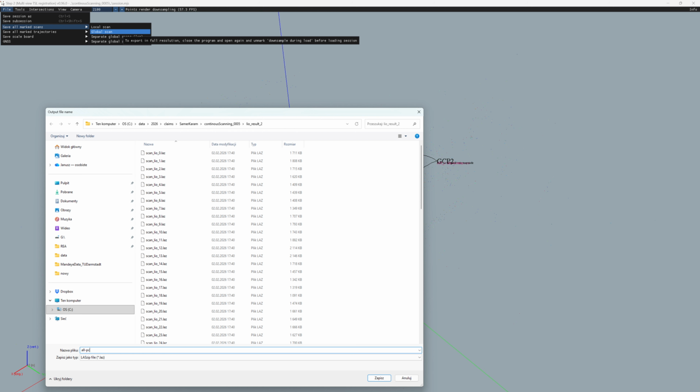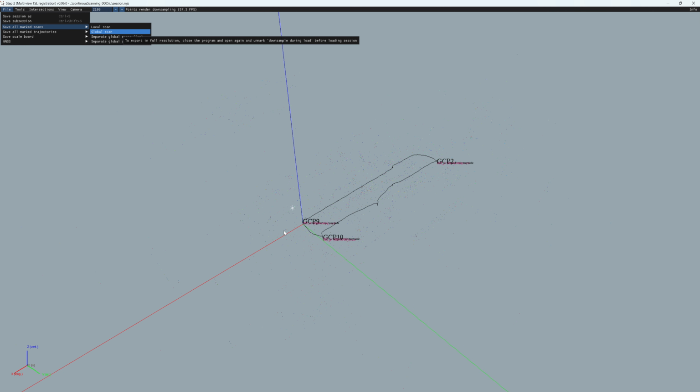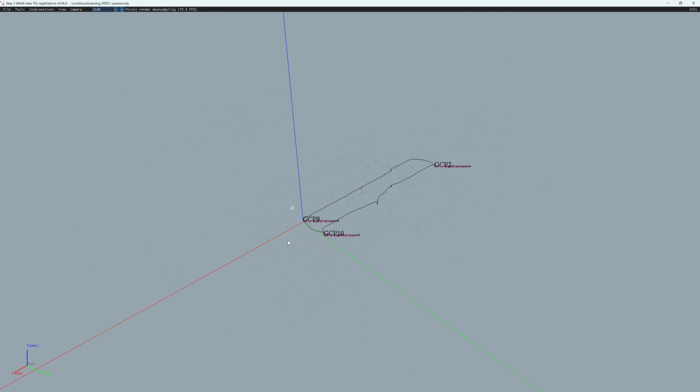All PC in local coordinate system .las. So it is saved, but I would like to give you one hint, because we would like to combine